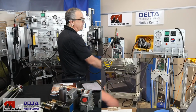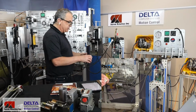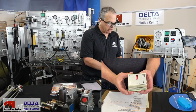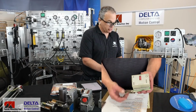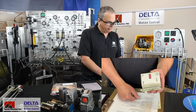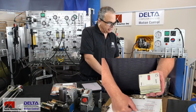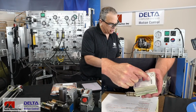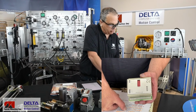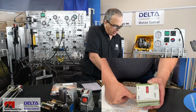I'm going to leave that pump running now, and we're going to jump over to another type of controller, an analog type of controller that one of our clients likes to use. And again, there's no programming in here. Have you heard about PID? We'll mention those just briefly here in a moment, but PID, proportional, integral, derivative, these are terms that apply to a type of calculation and corrective control that is sent to the solenoid and drives that valve